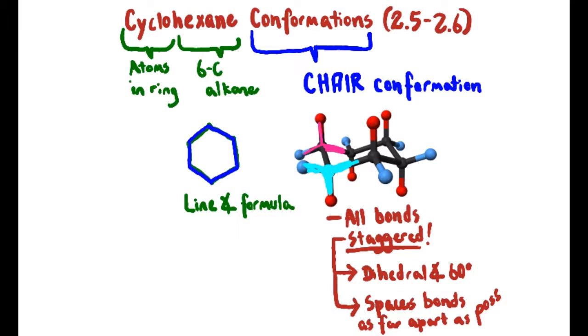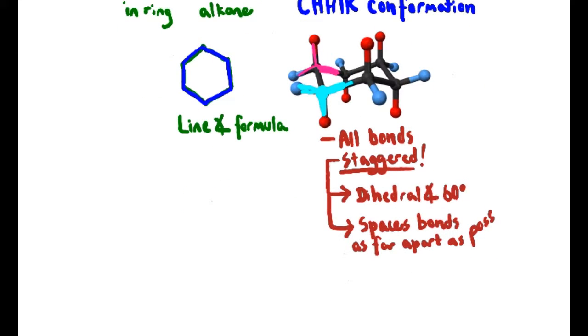That's going to be as far apart as we can possibly space the bonds so that we have maximized the distance between all of the different electrons in those covalent bonds within the molecule. So that's going to increase the stability of the molecule by spacing out the electrons. It's also going to increase the stability of the molecule by spacing out the atoms. So in a chair conformation, what the goal is by staggering those bonds,